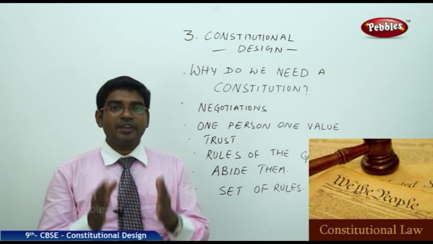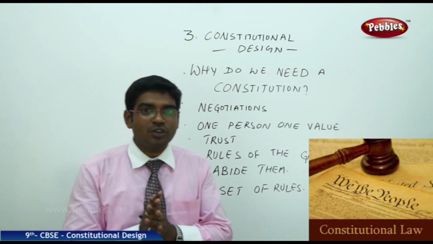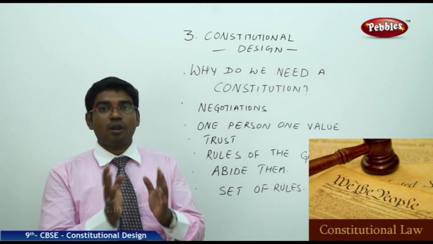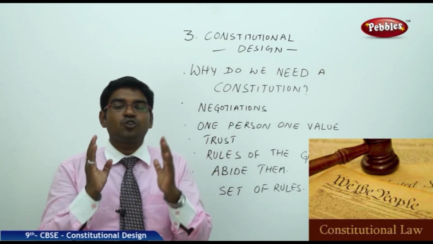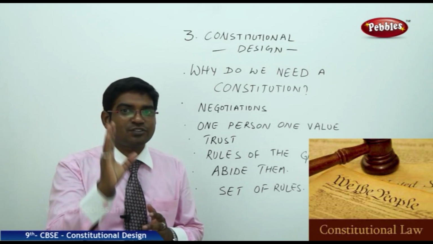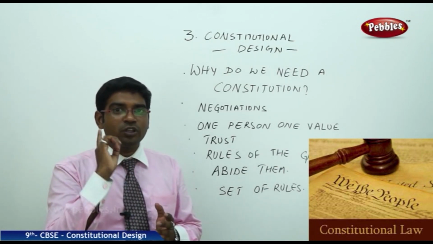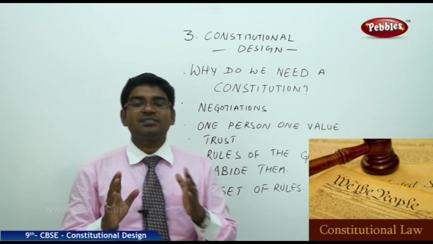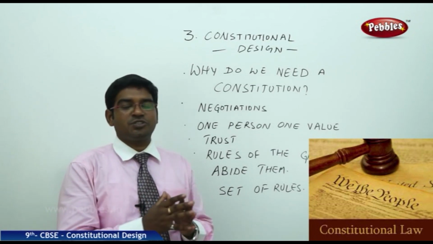The people, after making the rules, should abide by the rules. So this abiding by the rules also should be advocated and propagated. So we need a constitution, which is nothing but the book of rules and regulations of that particular country, and everybody has to follow it. No one is above the constitution means no one is above the rules and regulations. This is the most important aspect. Why do we need a constitution?